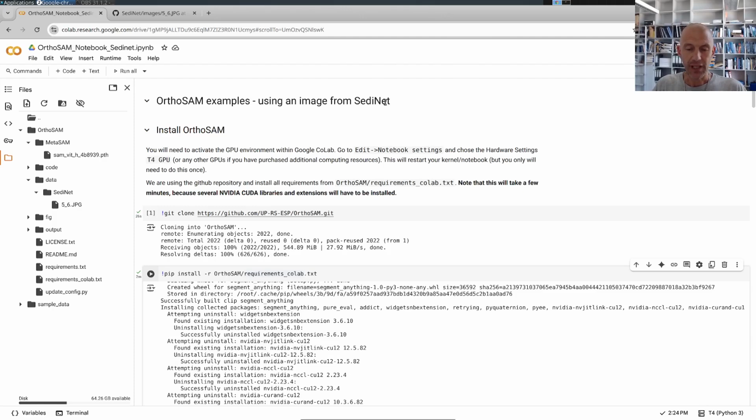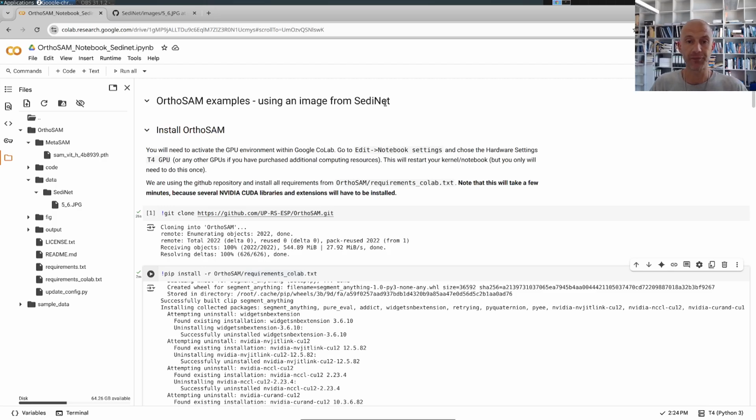The size limit is approximately 2000 by 2000 pixels, so roughly 4 megapixels. If you are going to use 24 megapixels, you will not be able to use that within the Google CoLab framework, and within the free Google CoLab framework you either need to purchase computing resources or you need to use a local hardware resource that I'm going to show you or already showed you in the